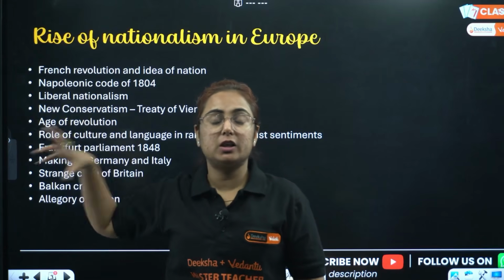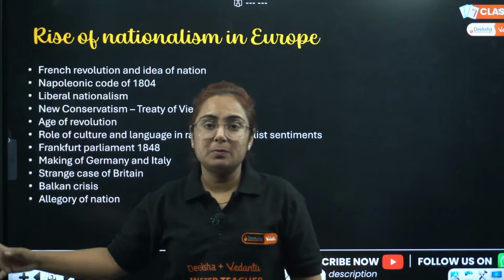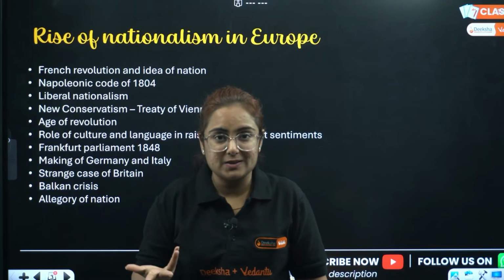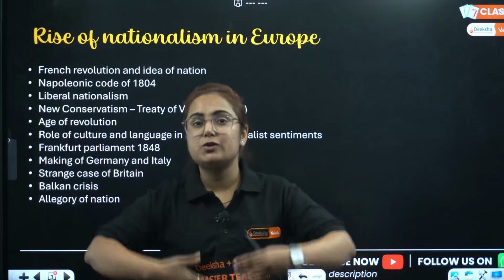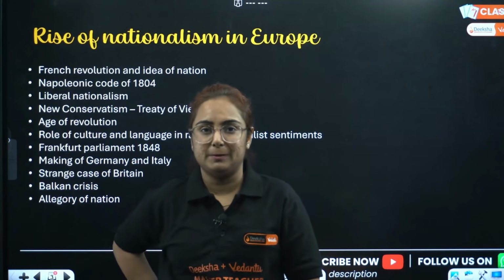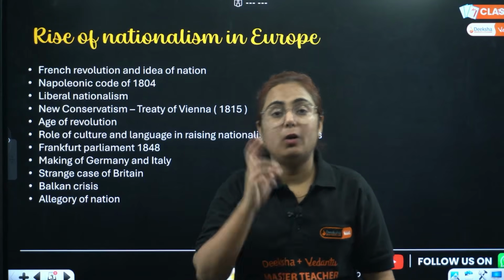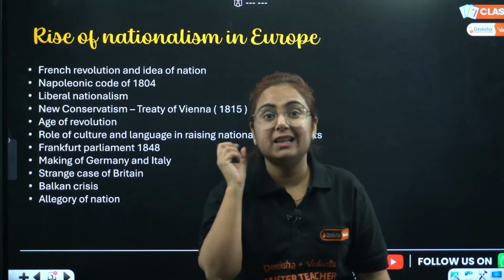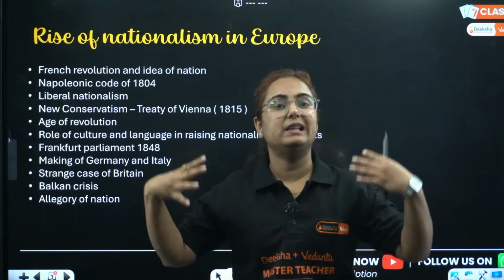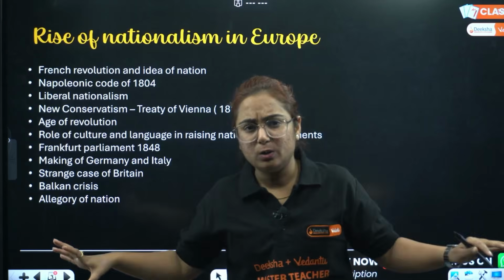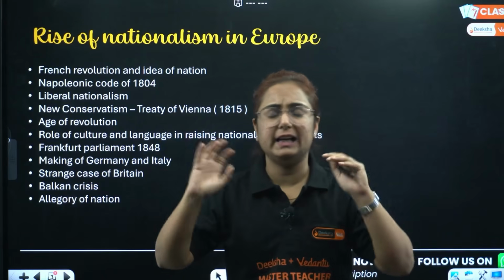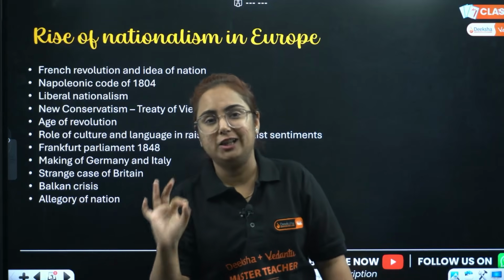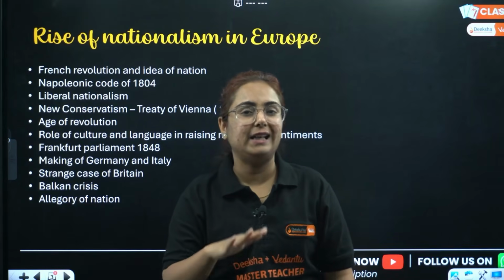Then comes Karol Kurpinski. Karol Kurpinski took the basis of folk dance, mazurka, folk songs, carol singing, etc. to raise the feeling of nationalism among the Polish people. Why the Polish people? Because the Polish people were occupied by Russians. Russia occupied Poland and there they were not even allowed to speak their own language. Polish was banned over there, Russian was imposed forcefully. So how did language and culture play an important role? This is what you are going to answer in your exam. I'm pretty sure you will answer very nicely.